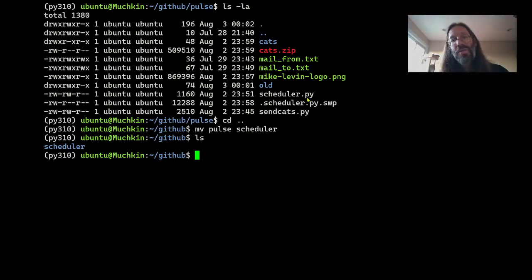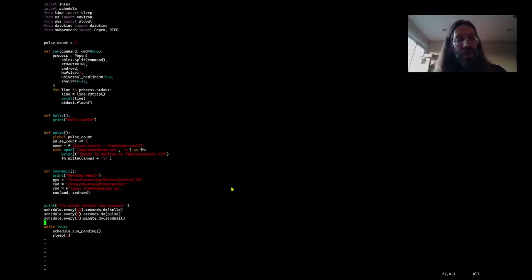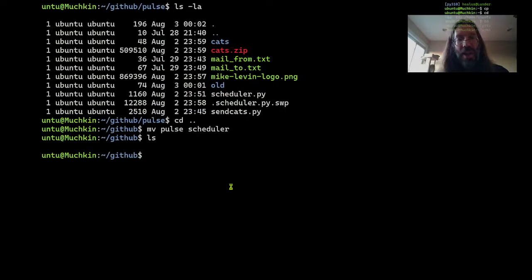Inside there's a scheduler.py. It starts to make a lot more sense, and the whole identity of pulse is kind of being erased here because pulse is no longer the point. Scheduler is the point. And so the last place to eradicate the concept of pulse, except for where it's scheduled inside the scheduler, would be in the service. So we'll quit out of this because I'm tired of looking at that